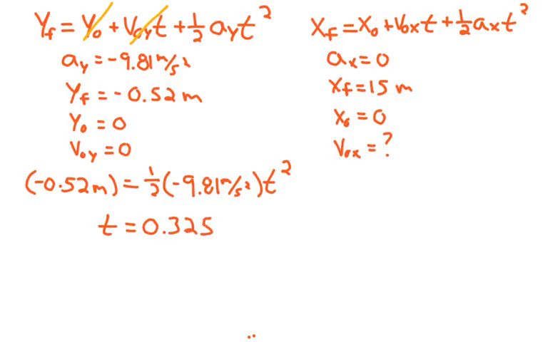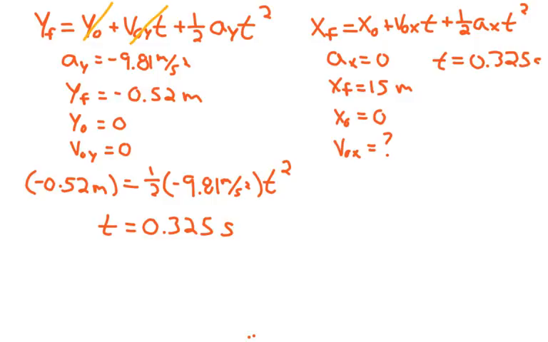0.32325. Now, I'm not rounding this yet. I never round anything until the very end. So I just cut it off at 3 just to help me keep track. But when I plug this time into my other kinematic equation, I'm going to use that whole big number, 0.32559832, in my calculator. So now I know the time, and since it is a scalar quantity, I also know that the time is going to apply to my other kinematic equation. So my time over here is